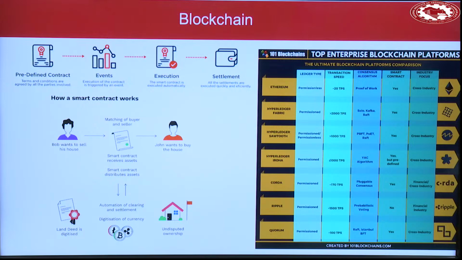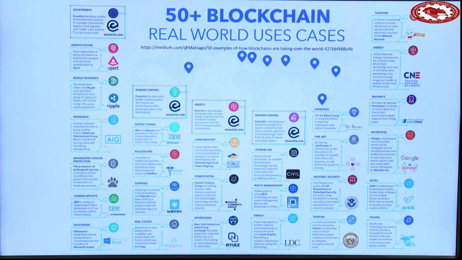Whoever among the buyers meets this requirement and is interested triggers this contract, and the system automatically sells the house to them. There's no manual involvement or dealing. We create a smart contract. Once the conditions are met, it will execute, and people will buy and sell. And this will be recorded since it's part of the chain. You can always go back and check in which years, what amounts you sold the houses for. So there are so many applications, and so many startups working on blockchains around the world.